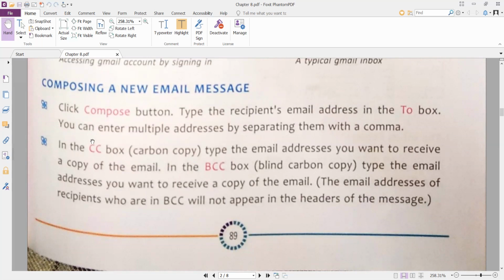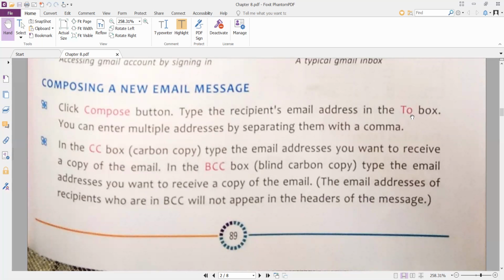If you want to compose any email message, first of all you have to click on the compose button, and then you have to type the address of the person to whom you want to send your mail.